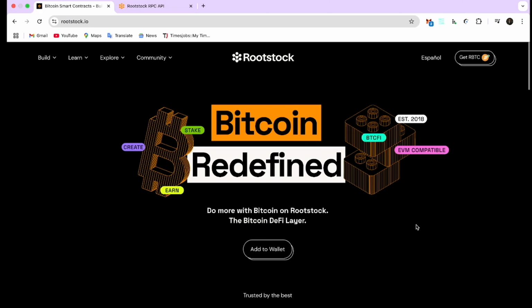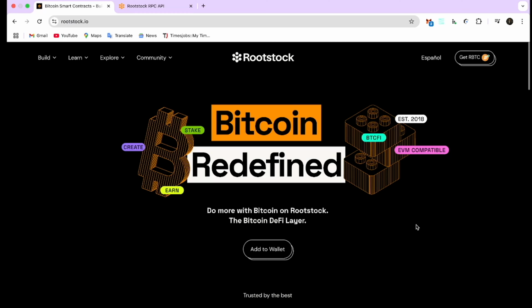It aims to extend Bitcoin's functionality by enabling the execution of smart contracts, similar to what Ethereum offers. Rootstock achieves this by utilizing a two-way peg mechanism that allows Bitcoin to be converted into RSK tokens, RBTC, and vice versa. This integration allows developers to create decentralized applications (dApps) and benefit from Bitcoin security while leveraging the flexibility